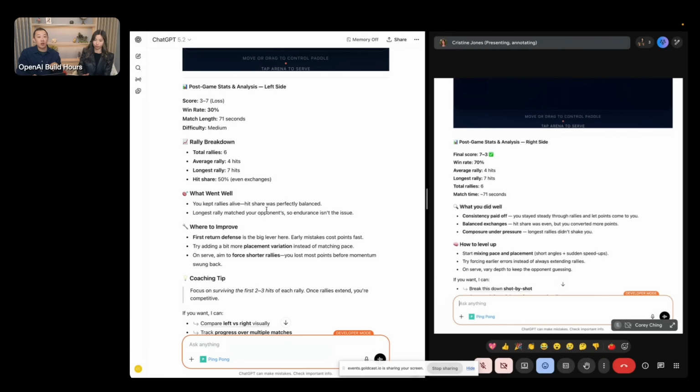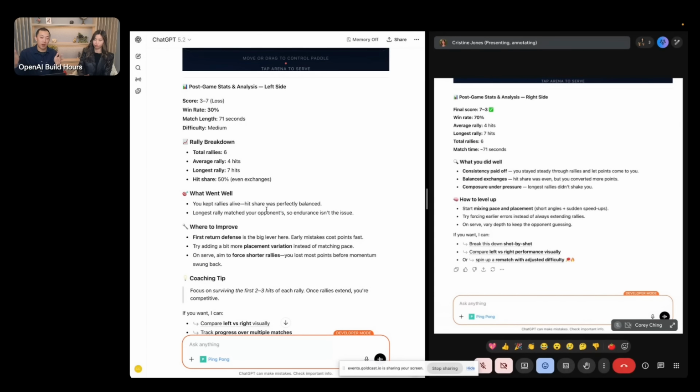So you don't need to be in developer mode to use any of the production apps that are in the app marketplace, but for this Ping-Pong app that I just created, I'm running it locally and we're in developer mode. So yeah, your score now says 7.3, your win rate was 70%, and what it's giving you, what you did well: consistency, balanced exchanges, and to go even better, you can start mixing some pace and placement to be that super advanced player. I think this sounds pretty accurate.